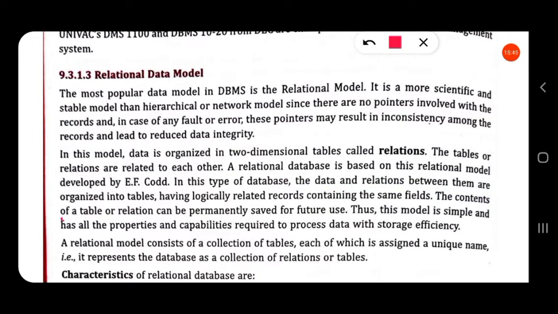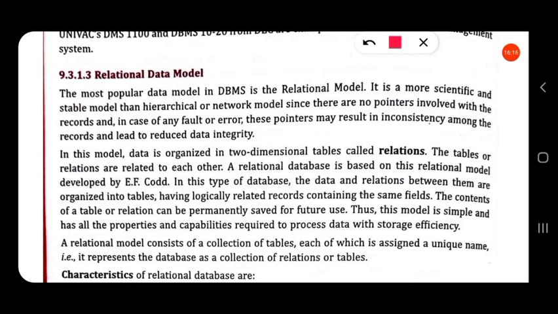The contents of a table or relation can be permanently saved for future. Thus, this model is simple and has all the properties and capabilities required to process data within storage efficiently. So, in a relational data model, data is stored in the form of tables, and tables are called relations.